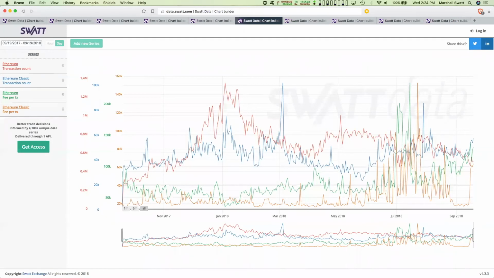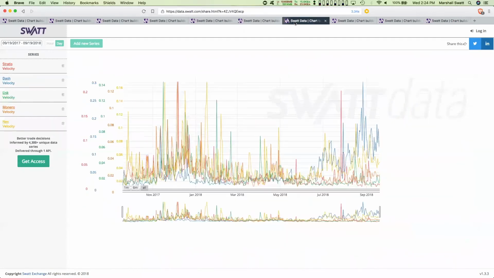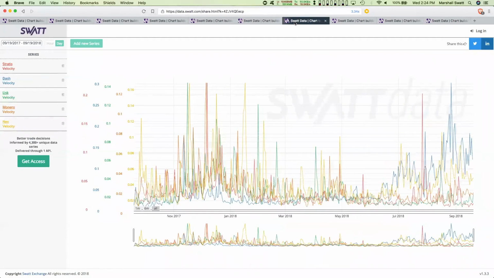All right, so another chart that I briefly want to mention is the money velocity of a few networks. I touched on that a little while ago. Here I'm showing the money velocity for some other networks that are in the top 15: Stratis, Dash, Lisk, Monero, and Neo. What's interesting about this view is there's been a lot of talk about how